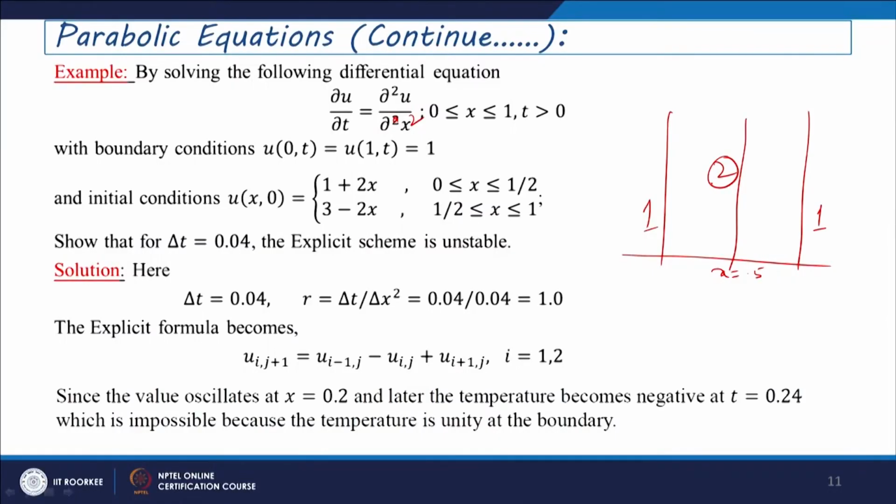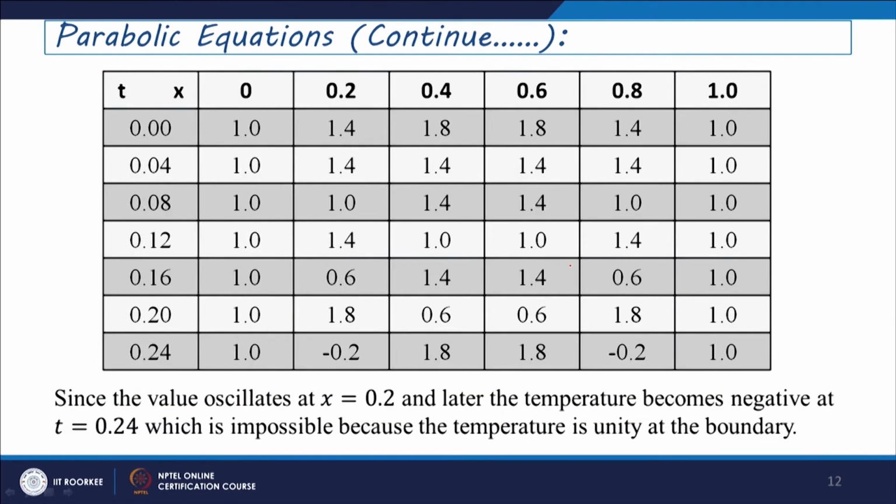So, we can just show whether explicit scheme will provide a solution or not in a feasible sense. If you consider del t equals 0.04, then we can obtain r as del t by del x square, which is 0.04 by 0.04, that is 1.0 here. The explicit formula for this scheme can be written as u i, j plus 1 equals u i minus 1, j minus u i, j plus u i plus 1, j, where i is varying from 1 to 2. Since the value oscillates at x equals 0.2, if you see this problem section here,